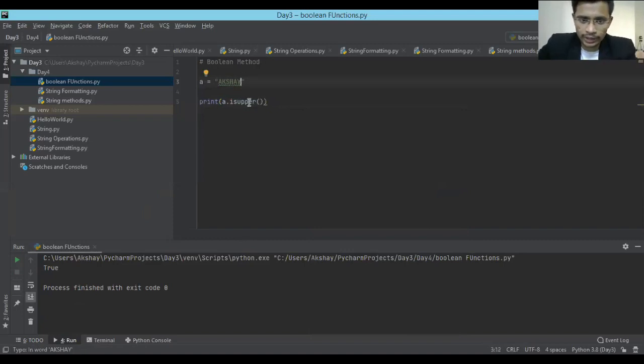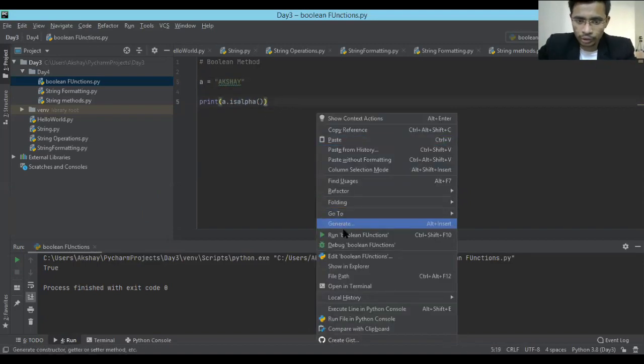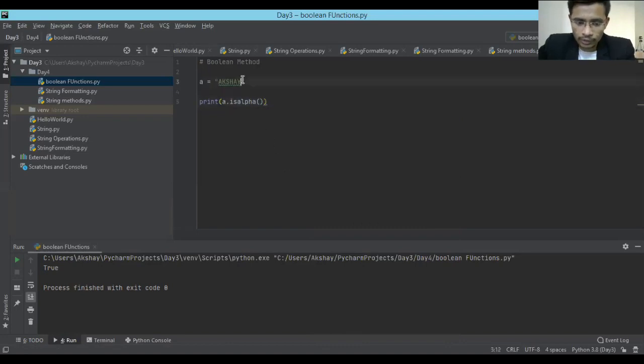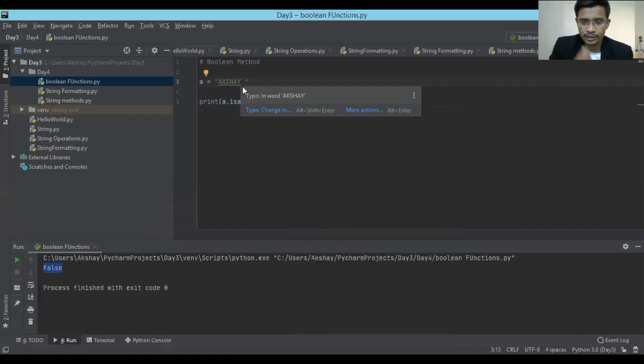If you want to check if it is alpha, this is a very beautiful function. I love this most. It will help you find white spaces. See, this is Akshay, all capital, all letters, so isalpha will give you a true value. Let me show you. See, it gave you true, but when you give a space, this space is not a letter. It is not an alphabet. So in this case, it will give me a false value. See, it gave me a false. So this isalpha will help us to identify white spaces in your name.